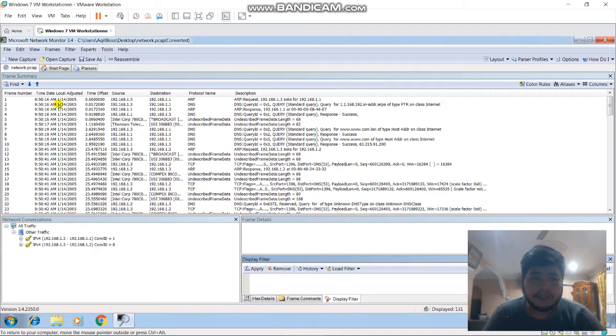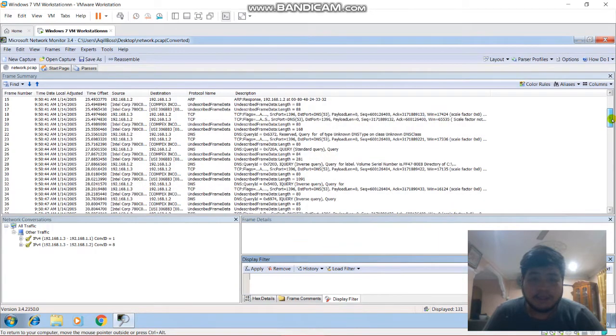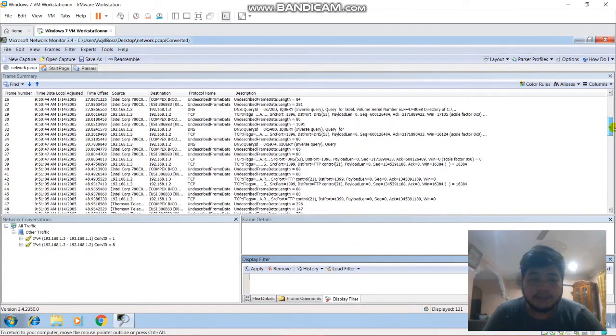Okay, in the file that we captured, the information that we get is the time and date, the source, which is the MAC address, the destination, which means the host, and the protocol name, where we can see ARP, DNS, TCP and some others.